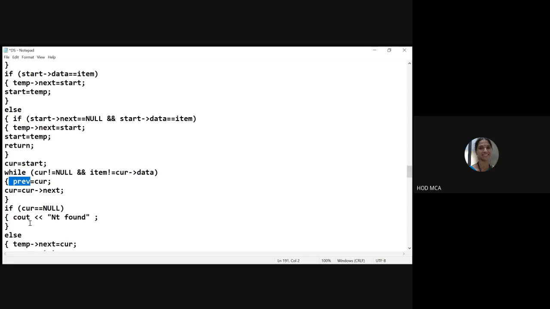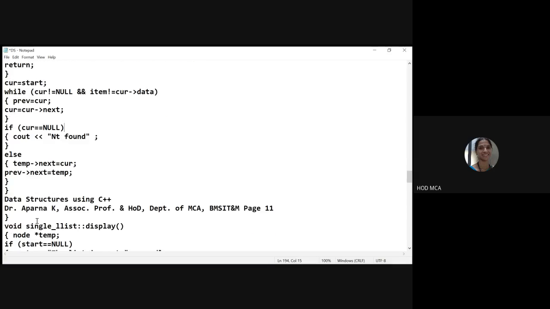When I come out of this loop, even if one of the conditions is false, I will come out of the loop. So if current is equal to null, then it is not found. Alright, the element itself is not found. Else,